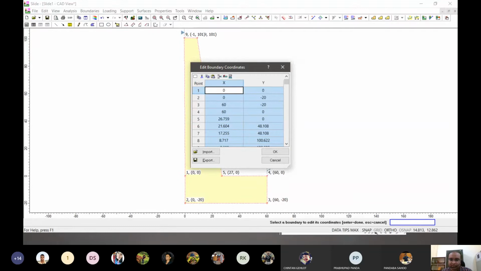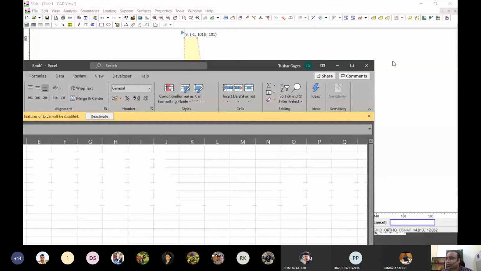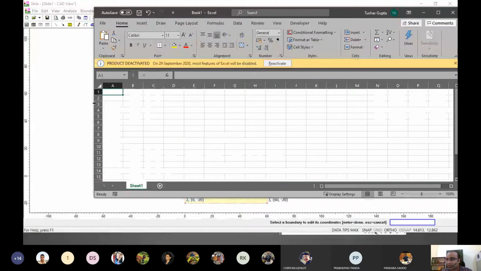And what I want to do is basically calculate it on the basis of how things are. So let's paste them in Excel. If I open an Excel file, these are X values and these are Y values, and let's just paste it here.